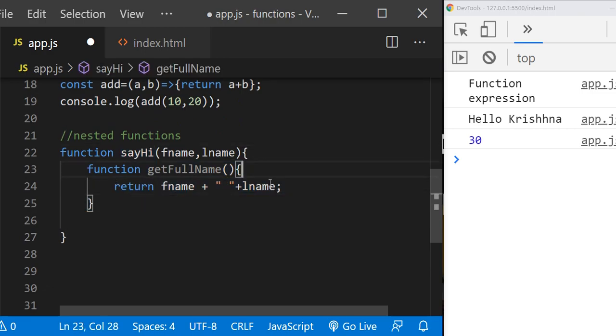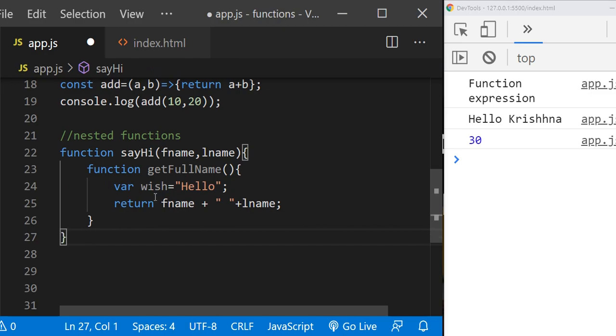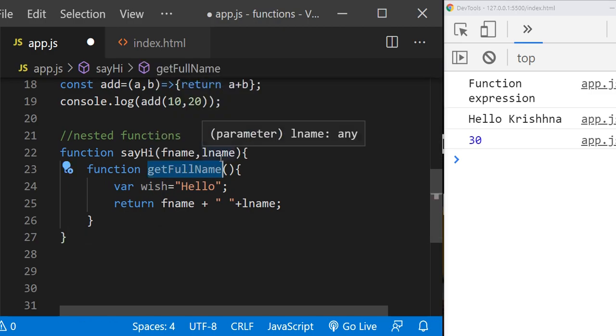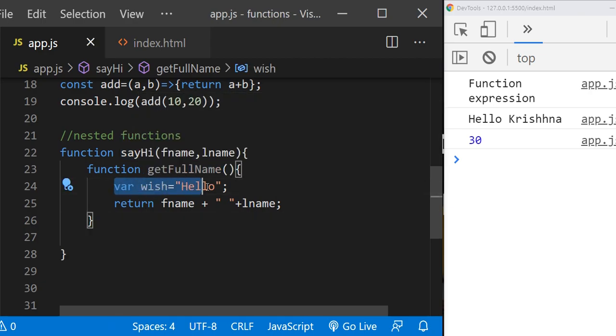And whatever variable we declare here, for example, let's say we declare a variable here, like wish equal to hello, whatever variable you declare here will be limited to getFullName only, and you can't access this wish outside of getFullName. getFullName can access fName, lName or other properties or variables of sayHi, but sayHi cannot access the variables of getFullName, because whatever you declared inside getFullName are local variables only and they will not be available for the sayHi function.